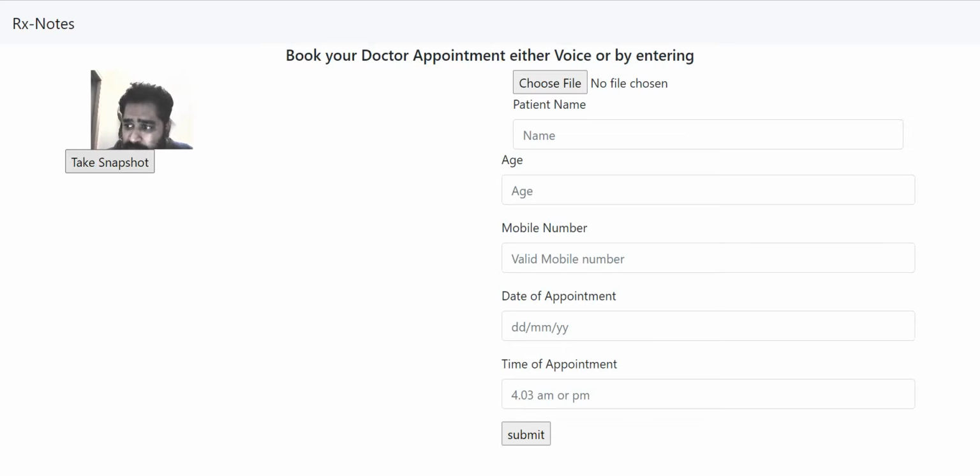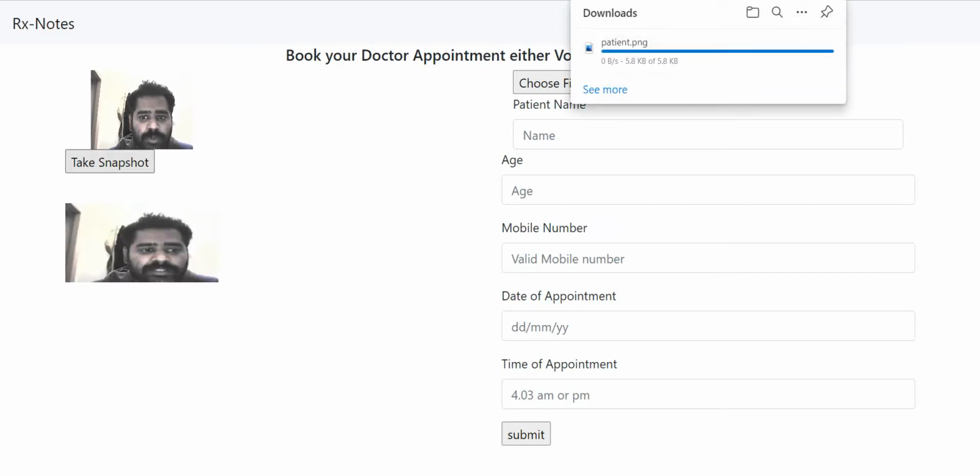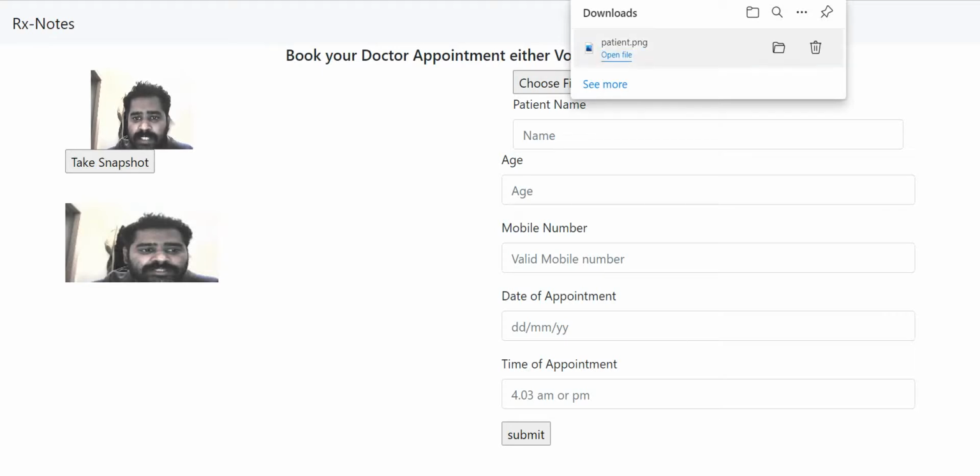You'll have a collection of photos and stuff. But once you take a snapshot from this webcam, it is projected to a passport size photo of fixed width and height. So once you take it, it will download for you. This is a canvas where it is rendering. It will download for you, and this patient name, I will come to this download stuff.